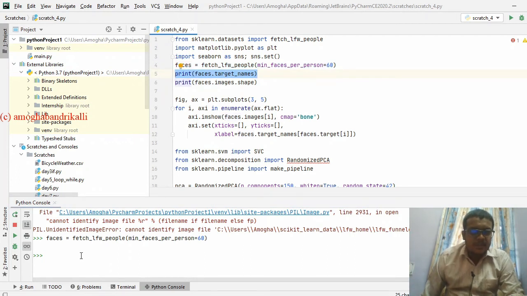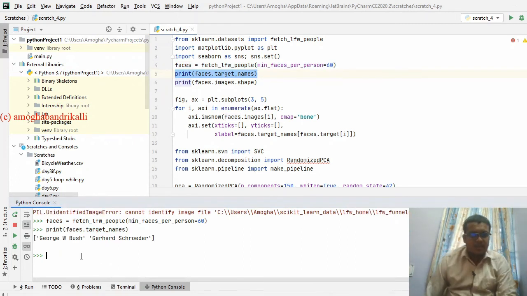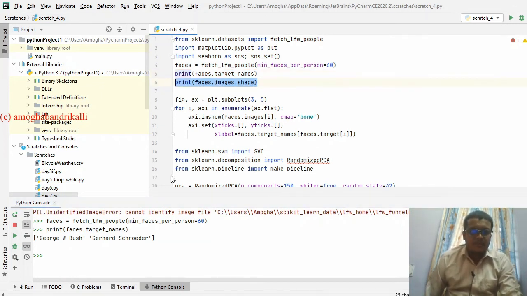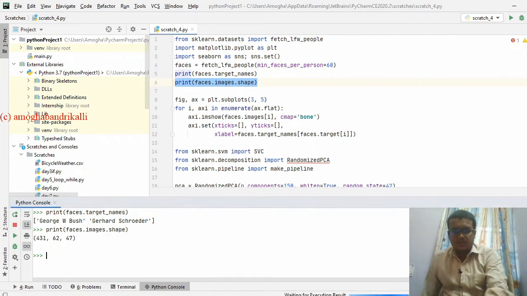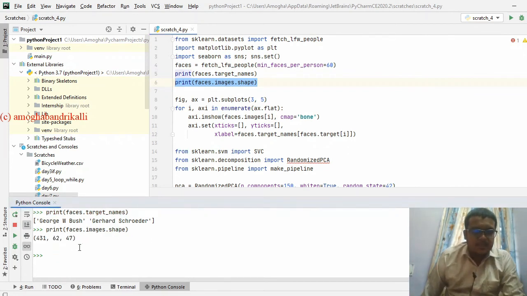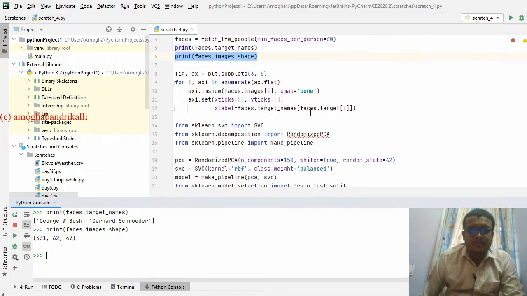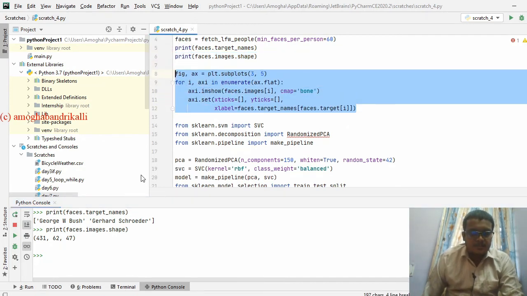We are going to print faces dot target names. Some persons' names are present here. We have the image shape, 431 images of 62 by 47 pixels. So we are just subplotting the figures.